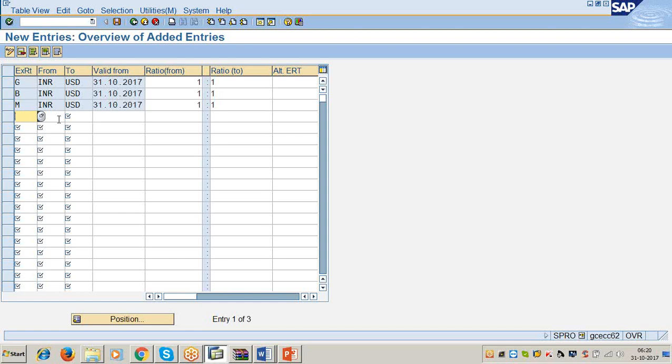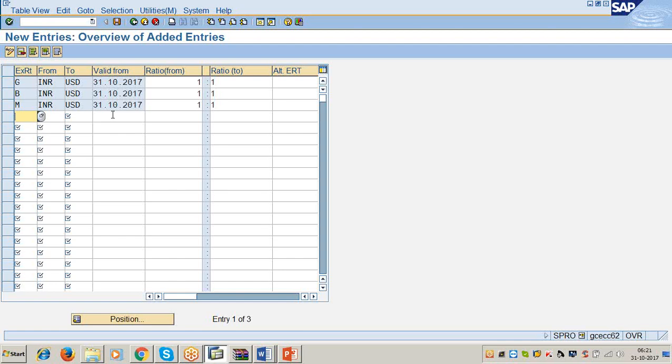Now, here Anil has asked one question. Like this, how many currencies can we define? There is no limit. You can define the translation ratios for any number of foreign currencies. Suppose you are dealing with 100 foreign currencies.